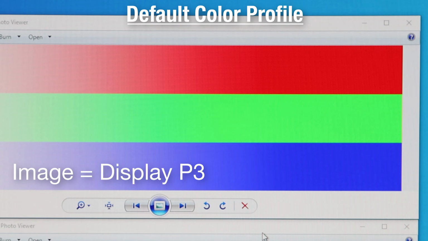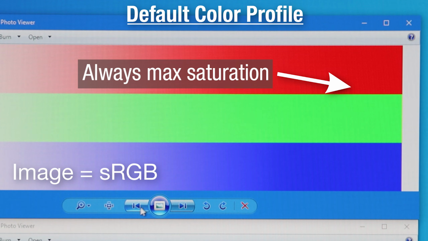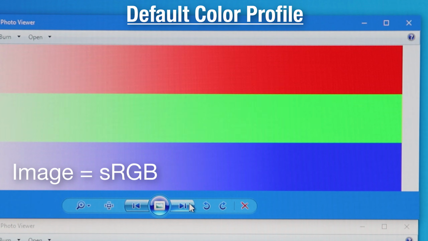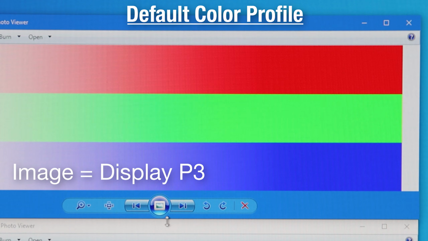But now if I disable the profile and just use the default one in Windows for sRGB, actually looking at both of them, they pretty much look the same, at least on the most saturated side. In the middle, there's some differences, but I'm not gonna explain why that is. But on the right, they pretty much look exactly the same. And that's because even though these images are tagged with different profiles, Windows has no reference for how that relates to what the monitor can show. So it just says, all right, whatever, just show 255 value, sends that to the monitor, and the monitor just maxes out 255, which is really saturated.